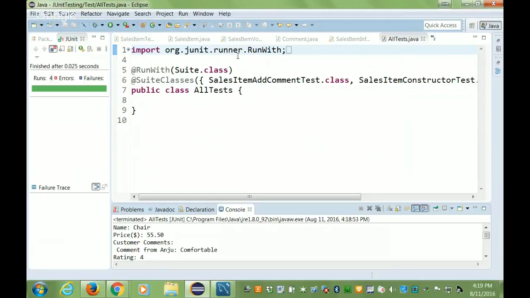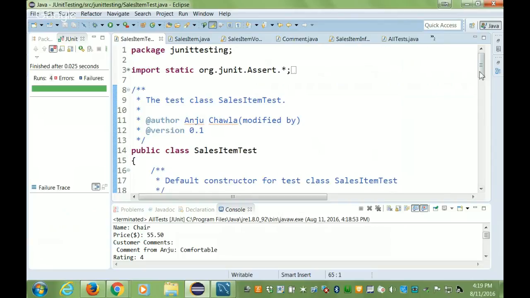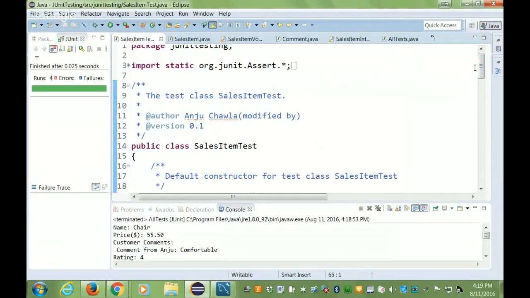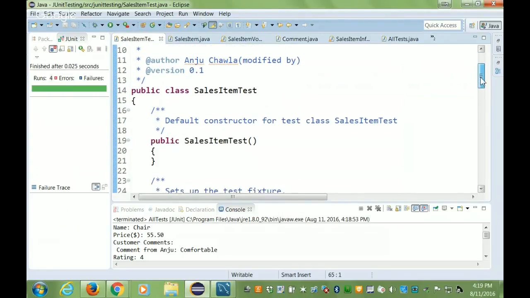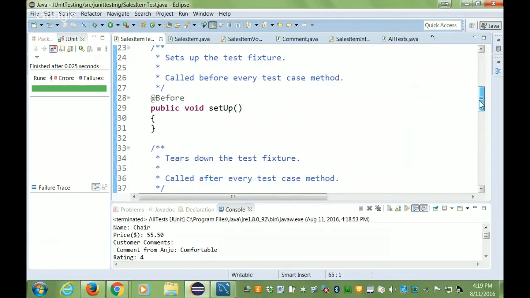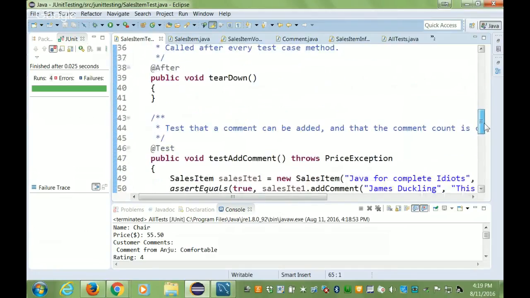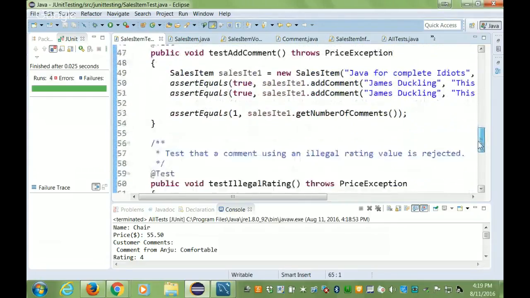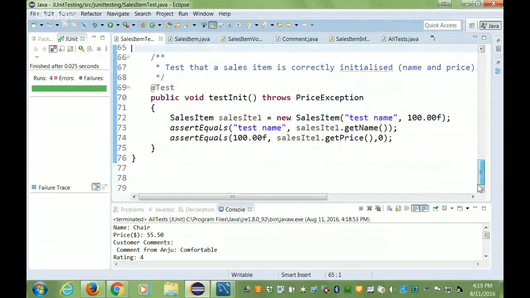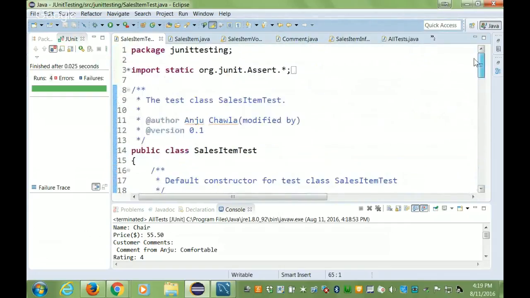And lastly, look at how I had done it. I had just written a normal Java class, like I had done before, not in Eclipse, but I had done it in BlueJ. So I was used to doing it like this. I just created a normal class, which I wanted to show you the setup and the tear down methods. And I wrote my test add comment, test illegal rating, test init for initialization and all that. I wrote them all in one class. And now if I want to run this class,